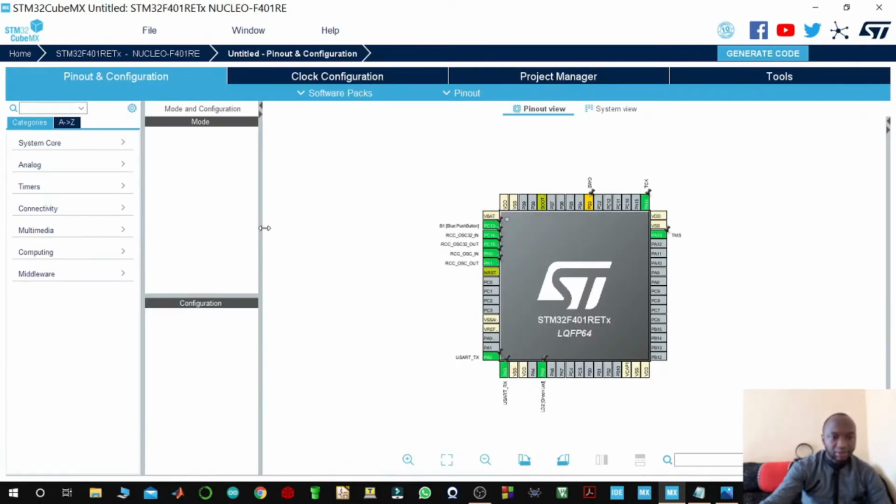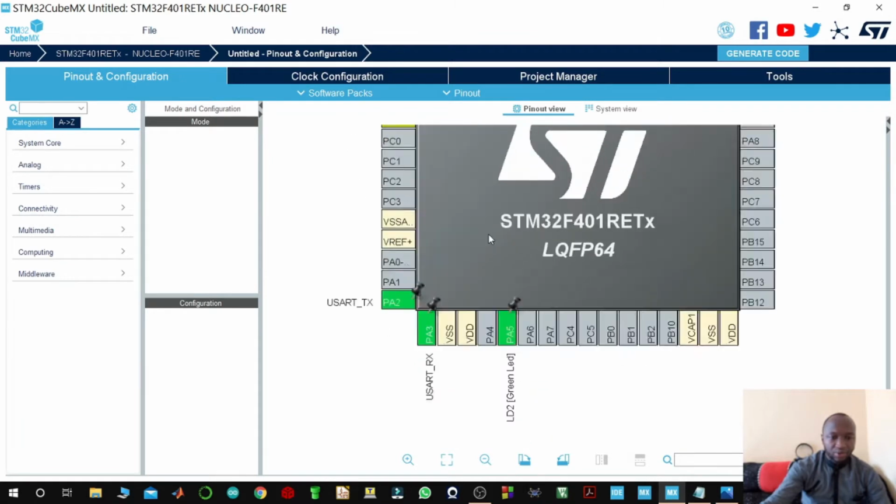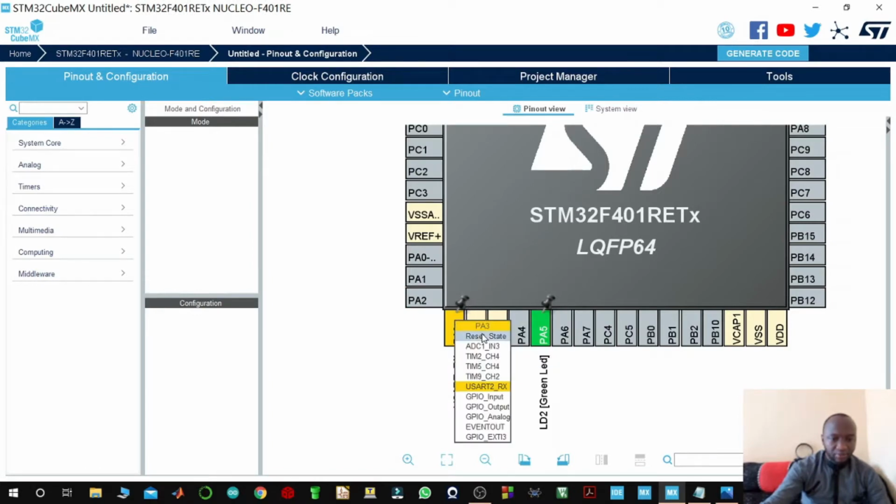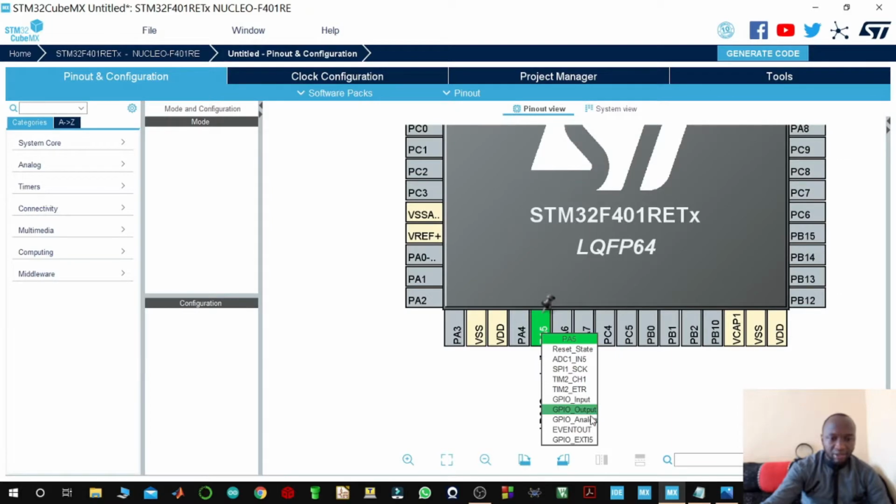So here we are. I'm not going to use the USART, so I'm going to reset these pins, but I'll be using pin PA5, but not as a GPIO output, but as timer 2 channel 1